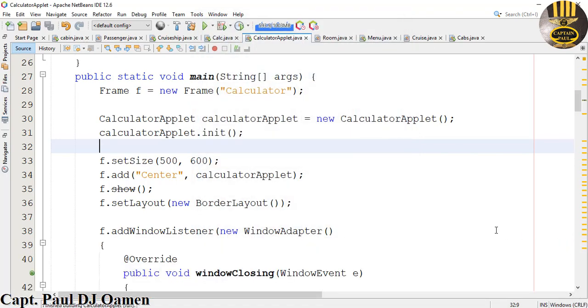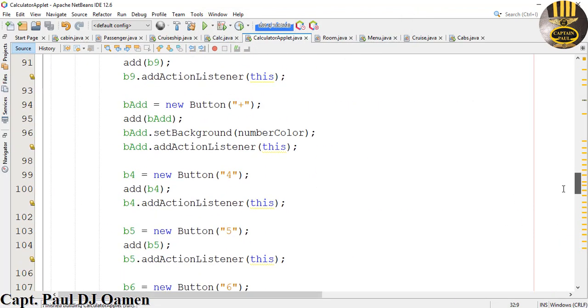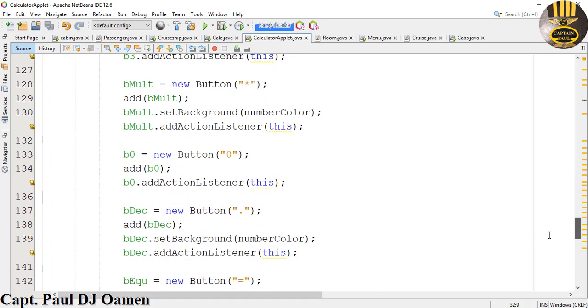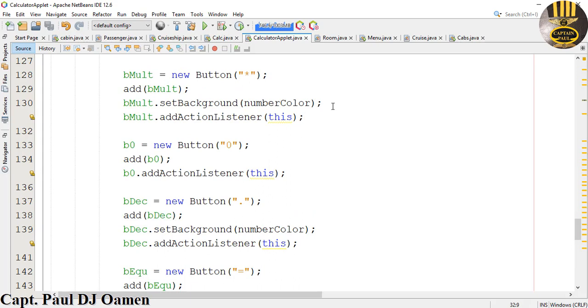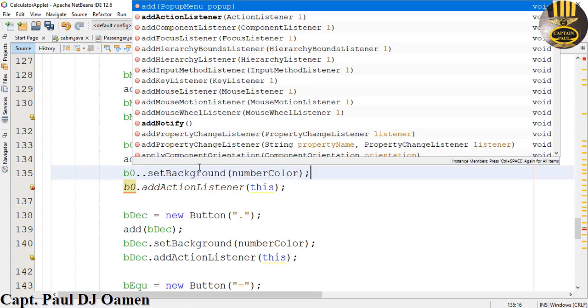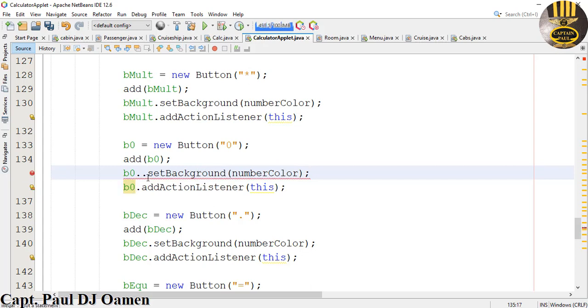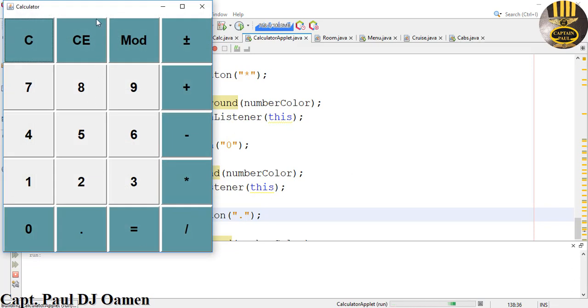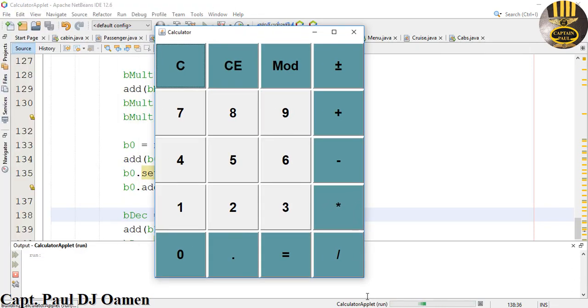Okay, close that and let's go back down there. Look for buttons, button O right underneath here. Yeah, that is it. Just grab hold of this, copy, and right underneath here and say button O dot there, and that's all there is to that. Save, compile and run, and there we go. That's my pattern in place. Okay,